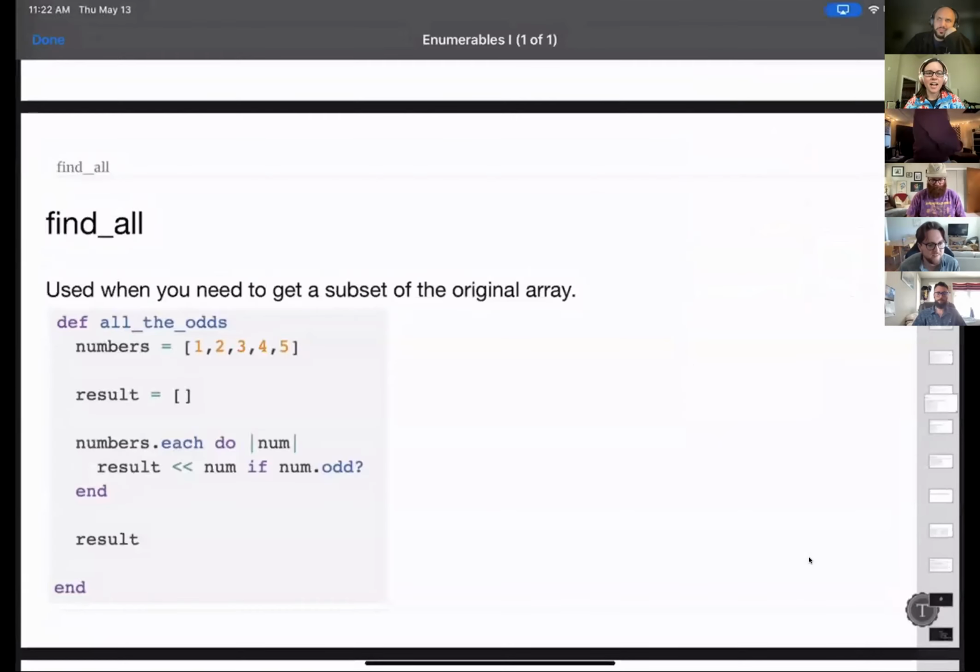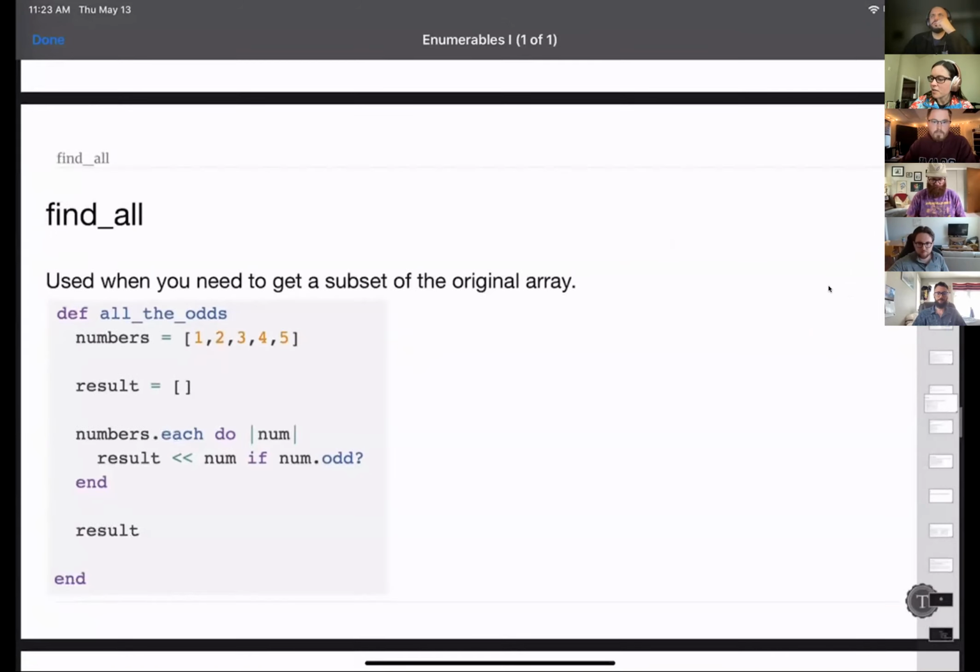All right, great. Awesome. So the next enumerable that I want to talk about is find all. And find all is used when you need to get a subset, so a smaller array, based on the elements in the original array. So when you need to find all of the elements from an array that meet a certain criteria. I guess I didn't write that on here, but we can do that. So we're looking for elements that meet a certain